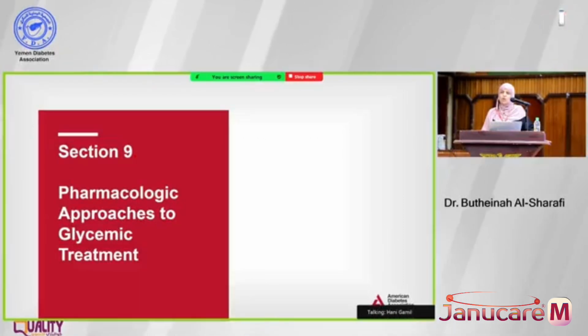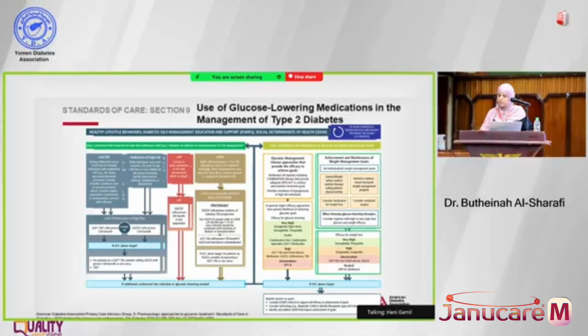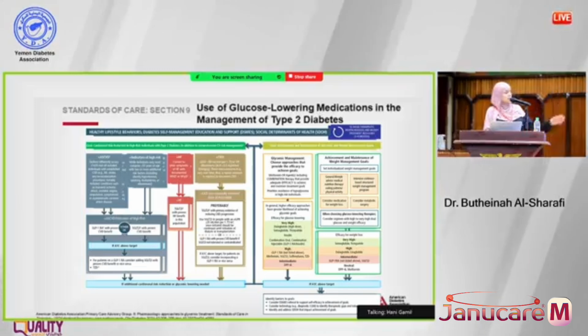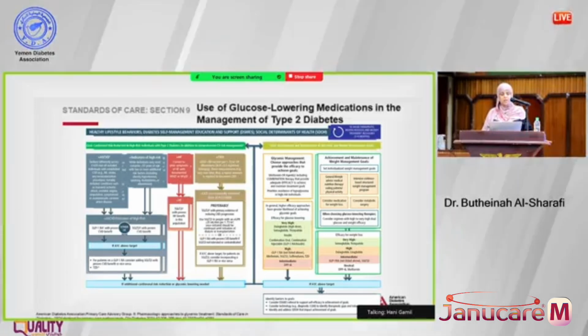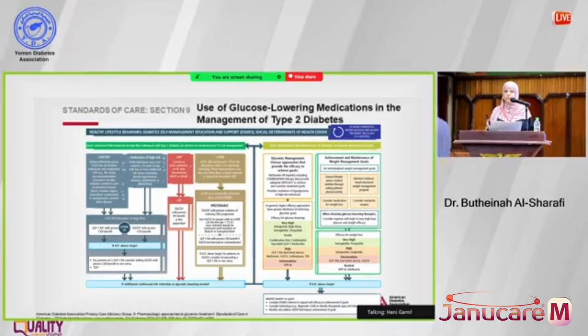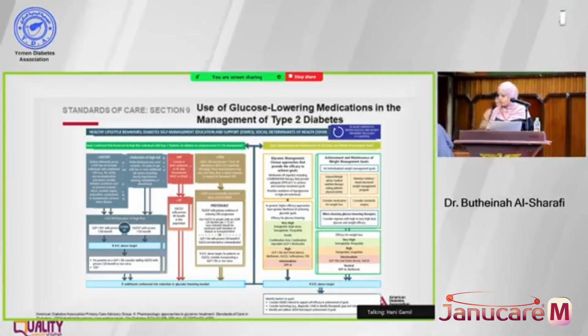So now we're going to talk about, in general, the medications that we use for treatment of type 2 diabetes. These are the latest guidelines that we have. Okay, I know it's a very busy slide. If you look on the left-hand side, first of all, on the top, they say healthy lifestyle for all patients. We have to emphasize that the patient has to change their lifestyle, their diet, exercise, and so on. Then they divided the patients into patients with...